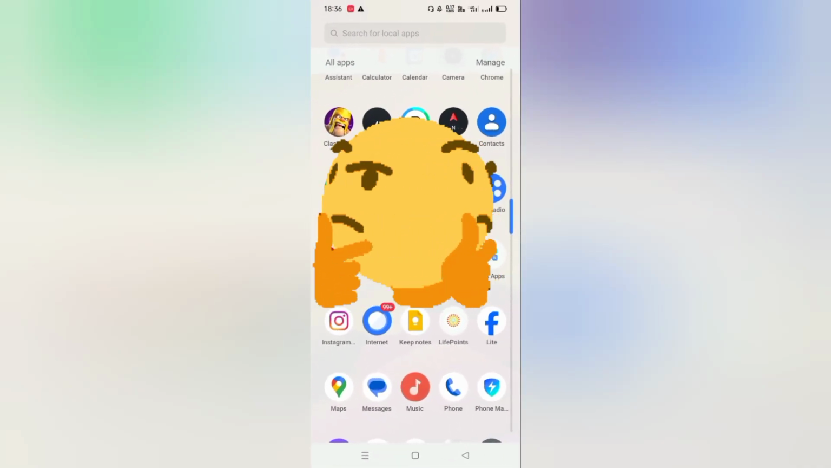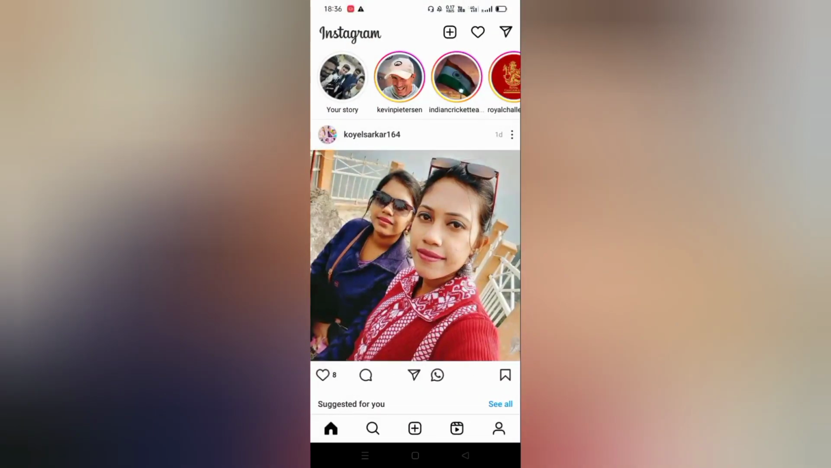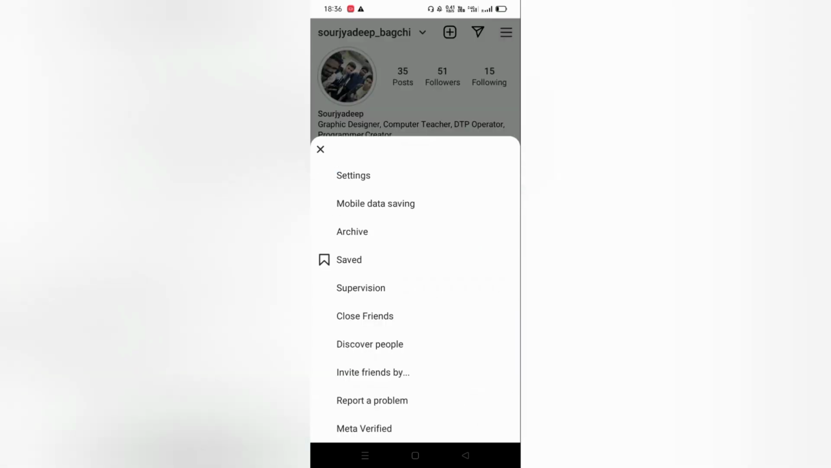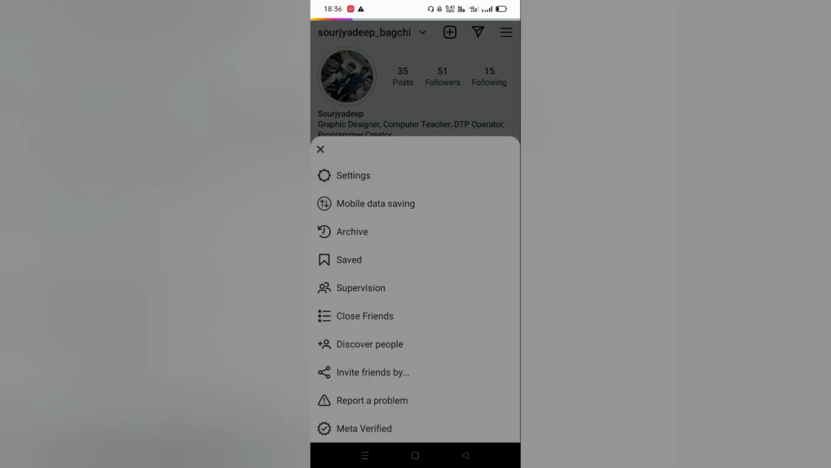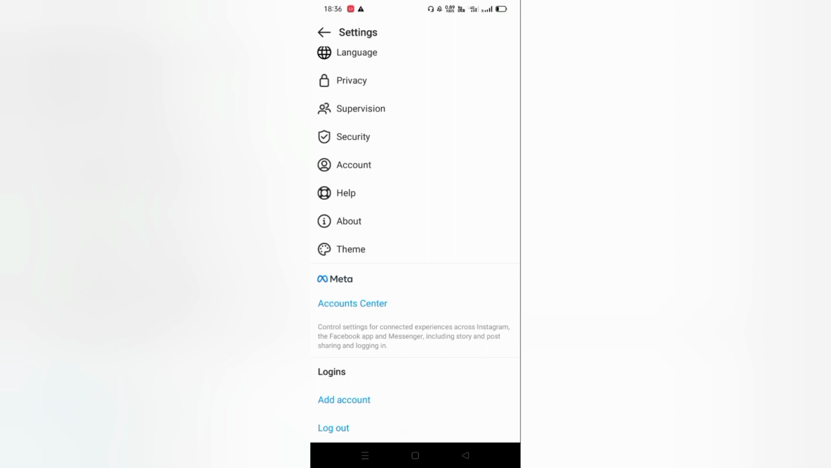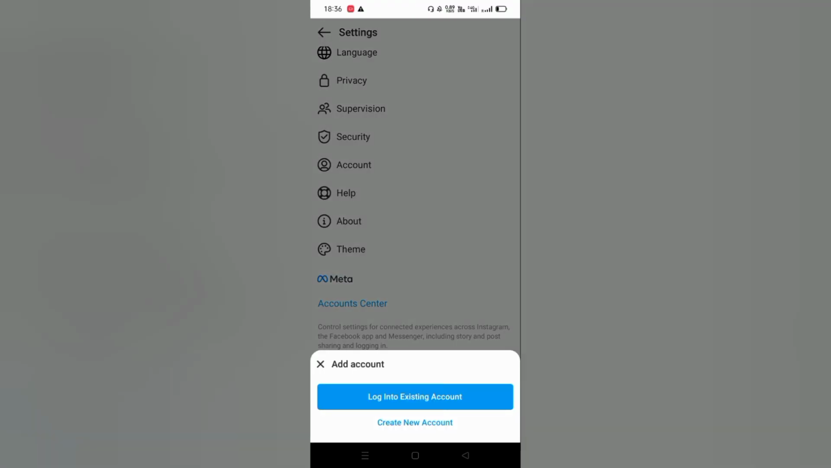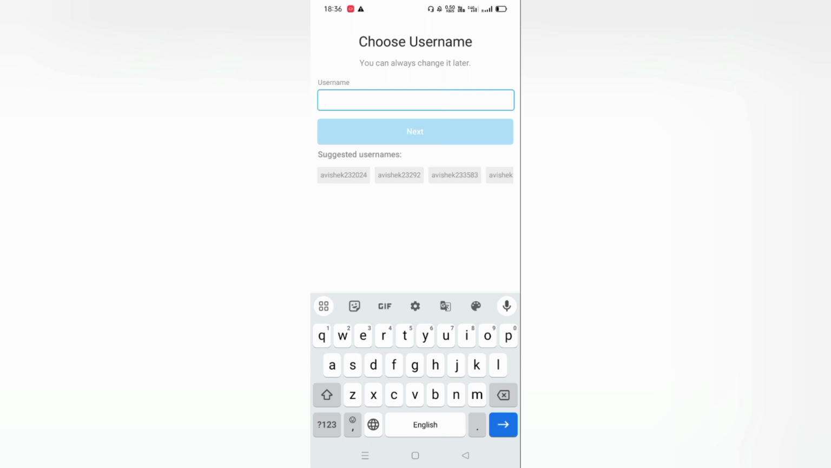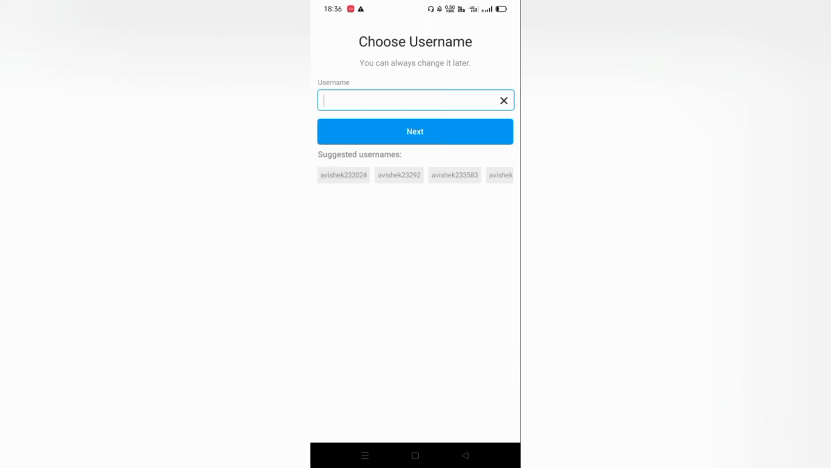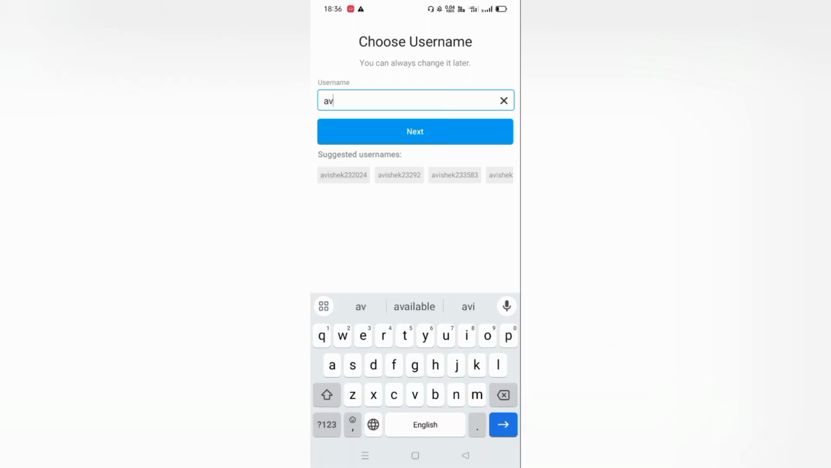How to create a new Instagram account. You have to open Instagram and then go to your profile and click on these three dots, go to settings, and after that scroll down, click on add account, create new account, and you have to give a name. So I'm giving this name,